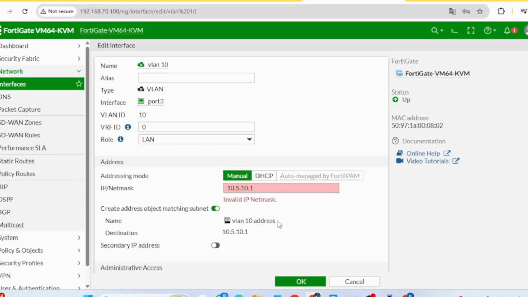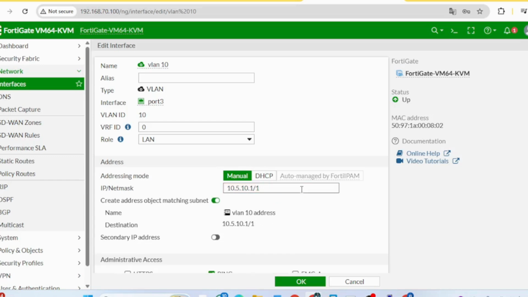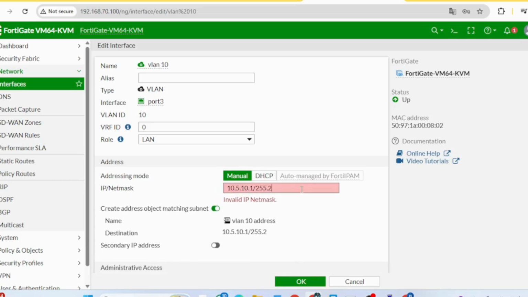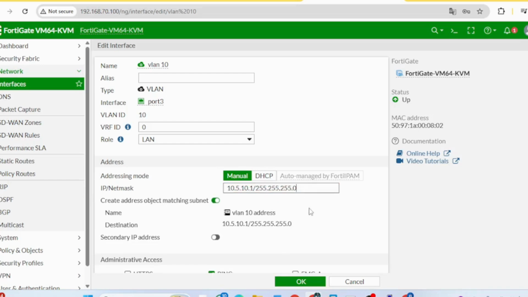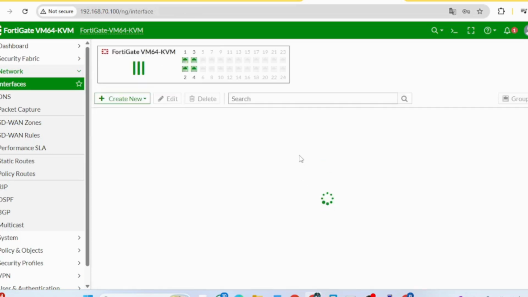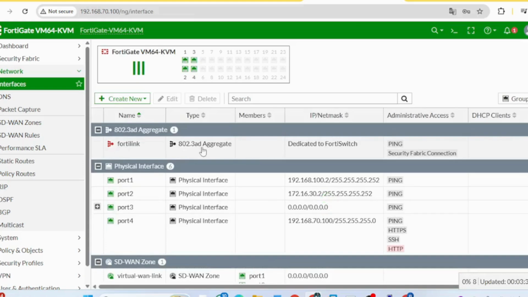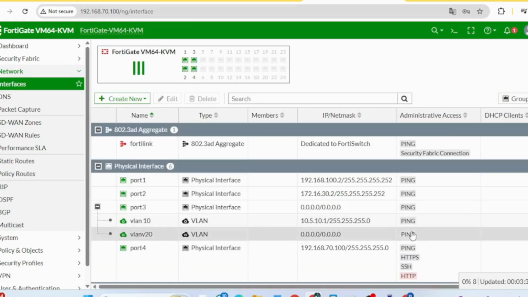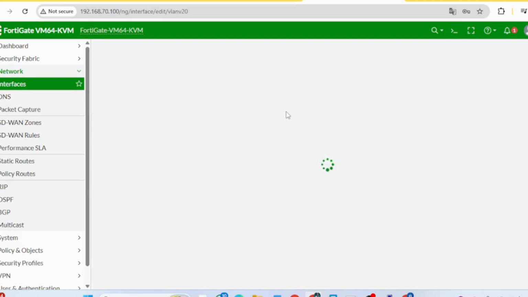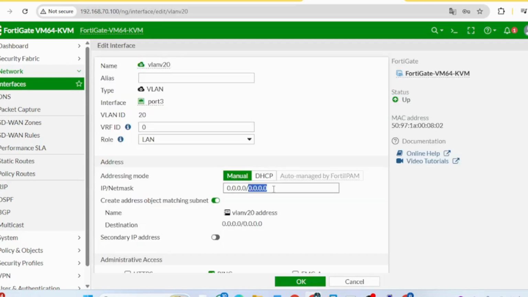And after that, oh yeah, I need to add the slash to the netmask. So it should be 10. But it's a netmask. Oh yeah, 255. And after that, you can go to the other one, VLAN 20, and change the network.